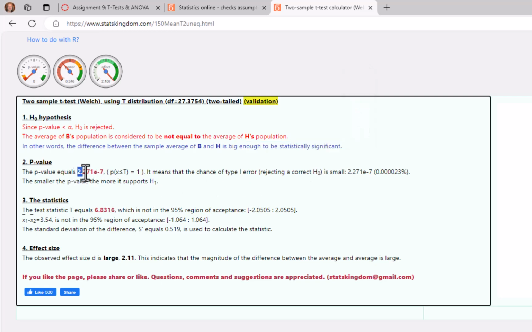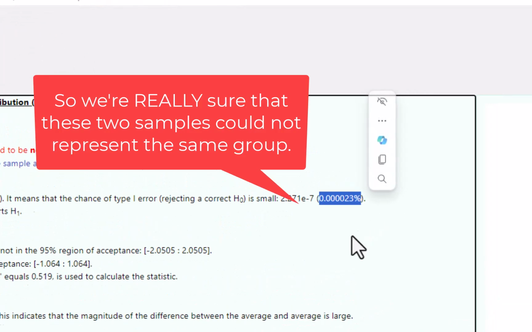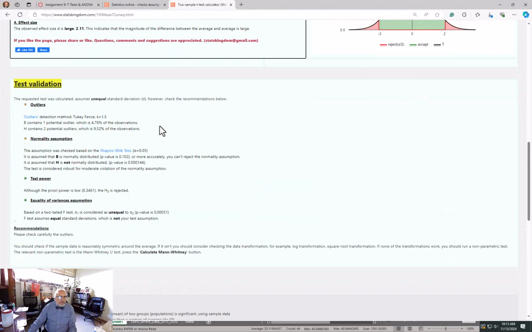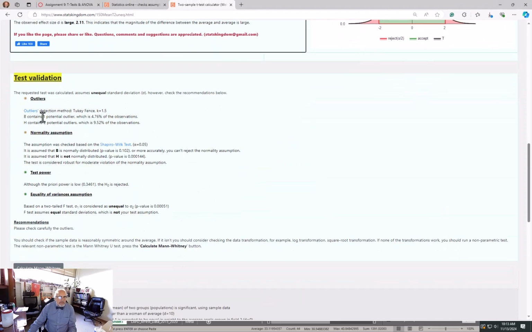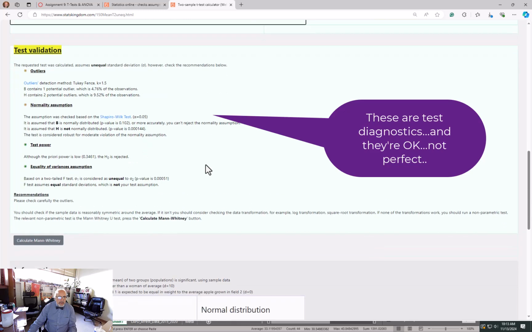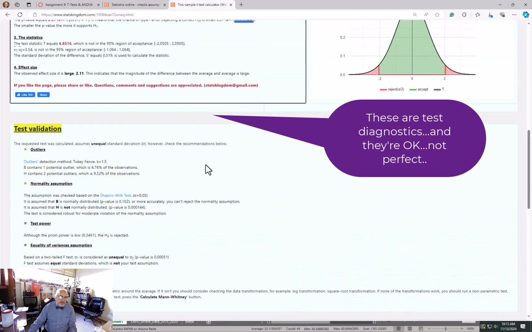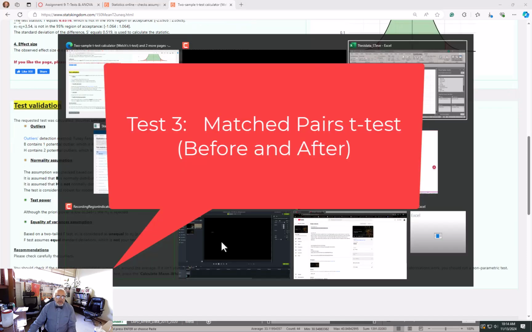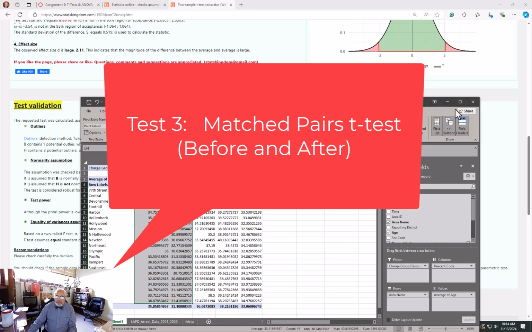And that p-value is so small that our chance of being wrong when we say that the two groups are different in age is exceedingly small. So there are some questions about the data itself, and of course we're using convenience data, but that is essentially that two sample test. The third test that we're going to use requires us to go back over here to